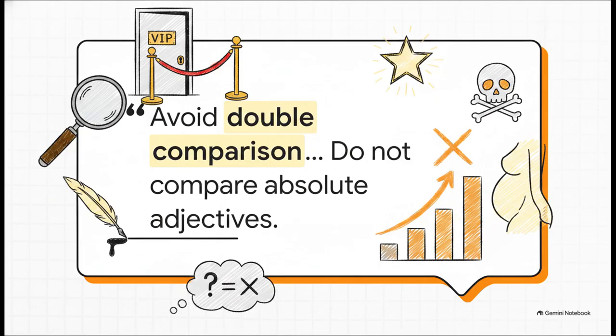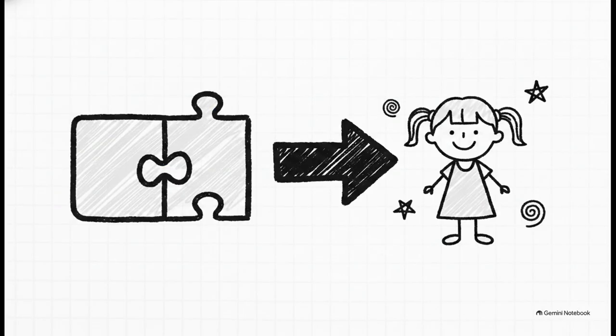Therefore, something cannot be very unique or most unique. Absolute states like unique, dead, or pregnant literally do not have degrees of comparison. Now, in formal and technical writing, you really have to ensure clarity when multiple words gang up to describe a